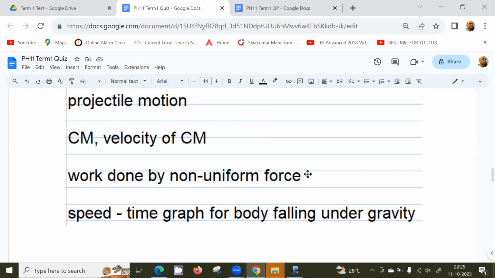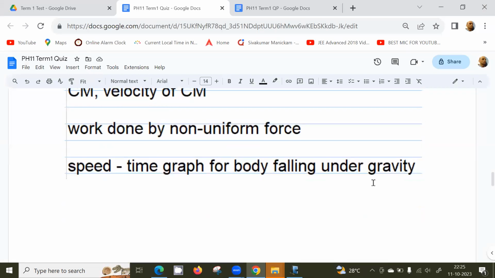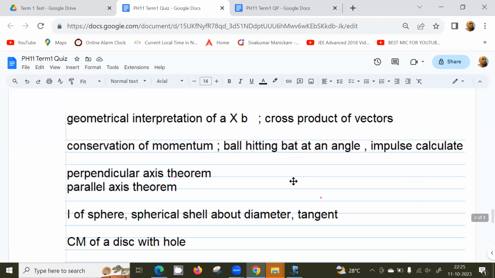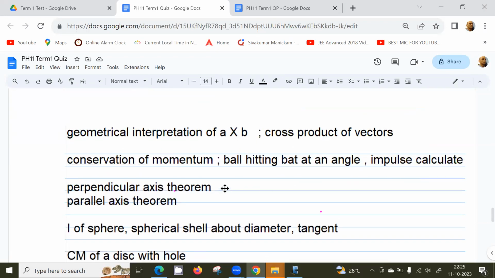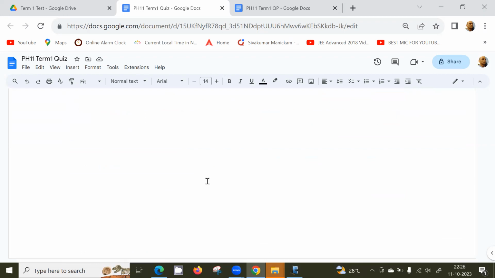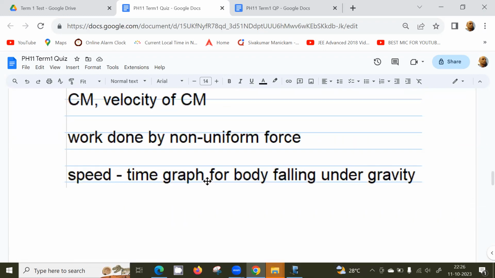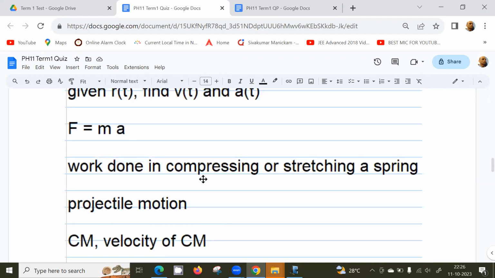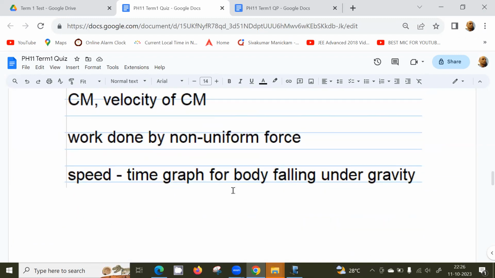For non-uniform force, you have to do the integration. Next, the speed-time graph of a body falling under gravity. After that, conservation of momentum. So this is the final thing. If you have an x versus t graph, I can get the velocity graph by differentiating x of t. And from the velocity graph, if I integrate it, I can